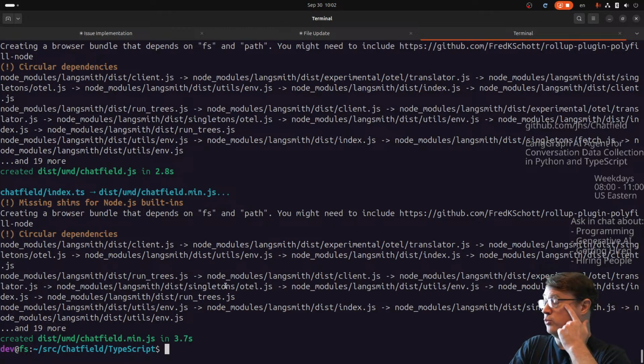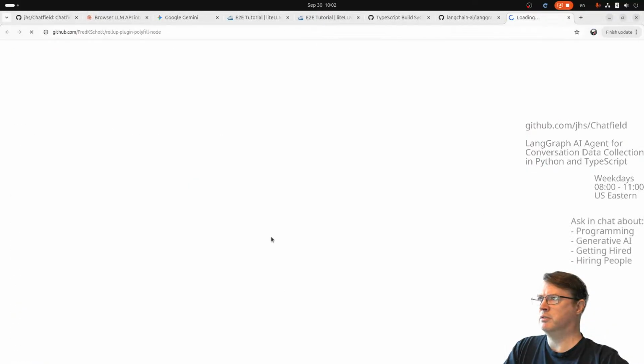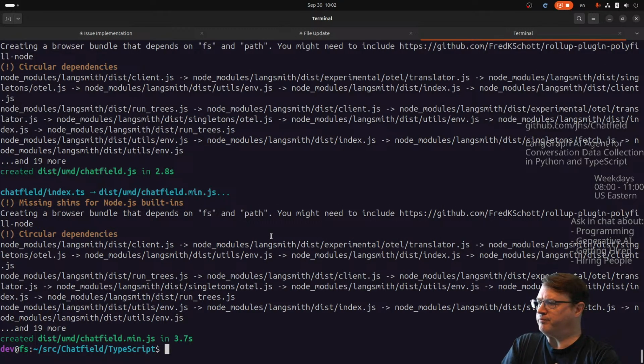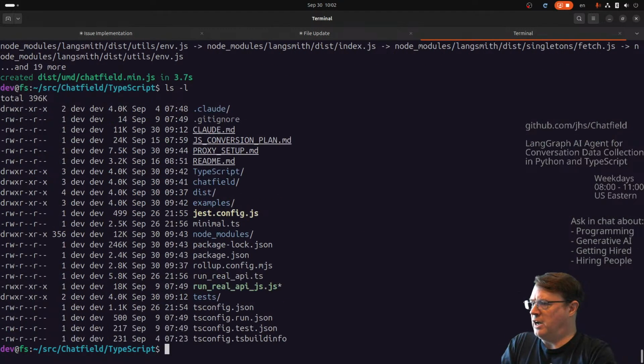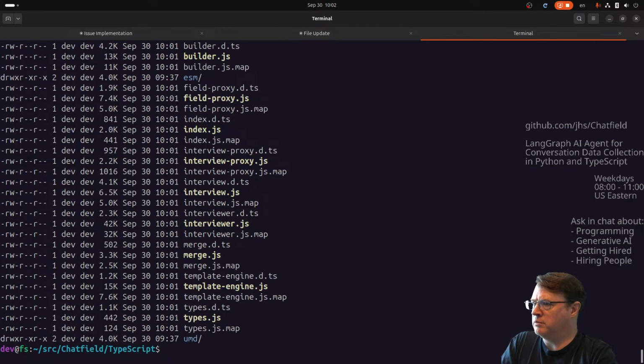Okay, so I don't know if this will run. I'm amazed that it built with these circular dependencies and stuff like that. Creating a browser bundle that depends on FS and path, you might need to include rollup plugin polyfill node. Yeah, potentially so. Okay. Now there's a TypeScript build though, right? So let's go look at,